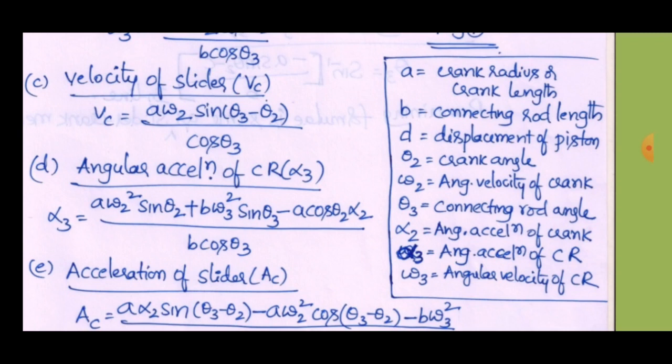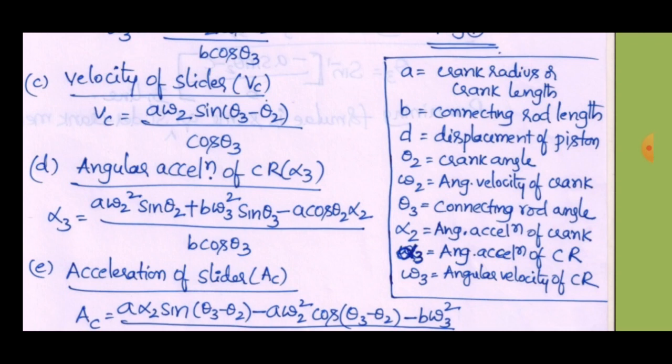Now in the statement of the problem, if he says the crank is rotating at uniform speed or constant speed, it means alpha 2 is equal to 0 by default. So by default, alpha 2 is equal to 0. When we see in the statement of the problem that the crank is rotating at uniform speed or constant speed,